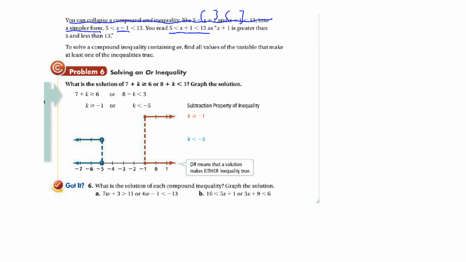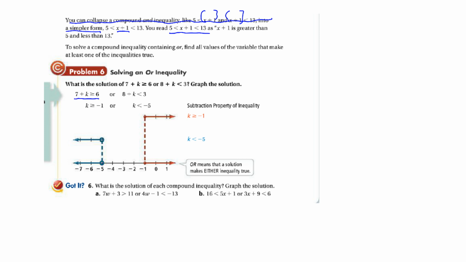The last thing we're going to look at is solving a compound inequality containing OR. If you think about what the word OR actually means, if I have two different inequalities, it means this could be true or that could be true. So what that ultimately means is you just graph both inequalities and then look at the graph and interpret what it says. So if I look at problem 6 here and I look at the two different inequalities,